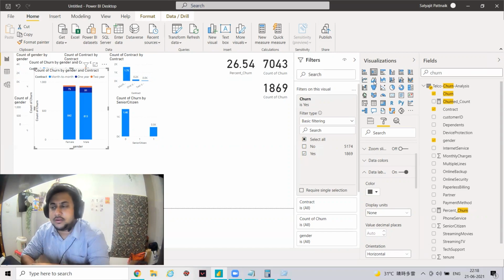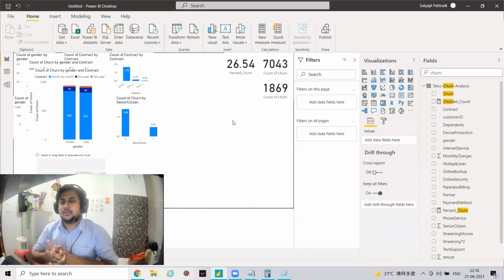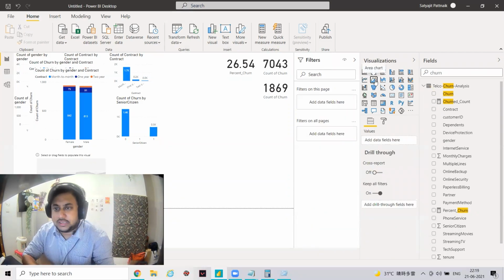So let's wait till my Power BI is active. Okay, so I will use area chart. Where is my area chart? Here.